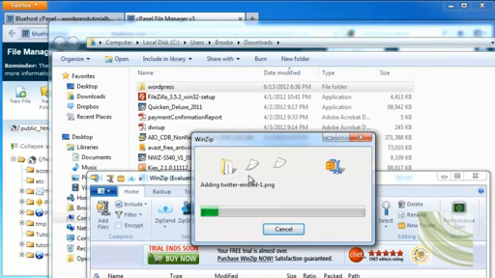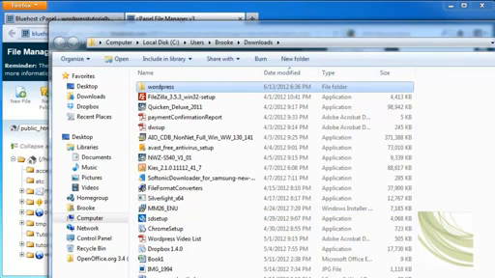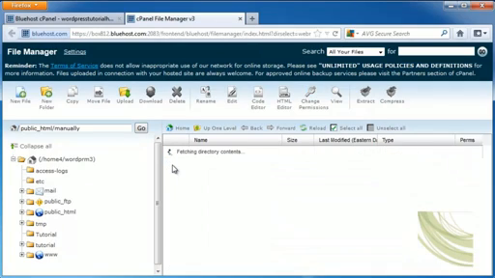And it's going to add all of those files to a new folder called WordPress. And a window will pop up showing my original size and my compressed size, and I'm going to click OK, and then get out of these folders. So once I've got that file saved into a zip folder, I'm going to click on my Manually folder, and